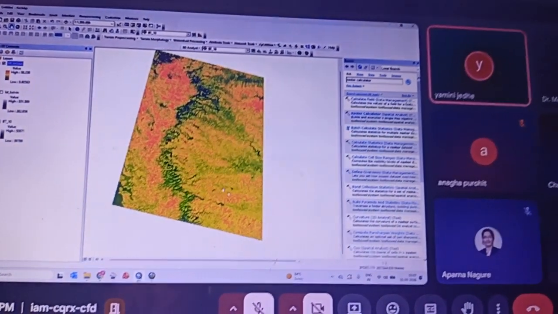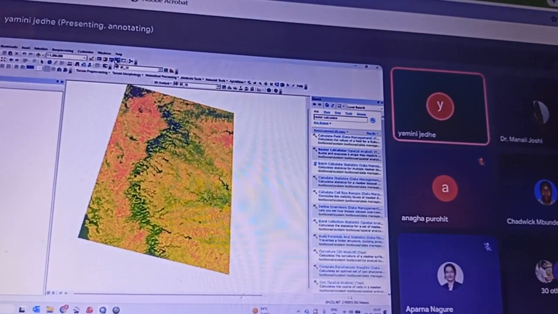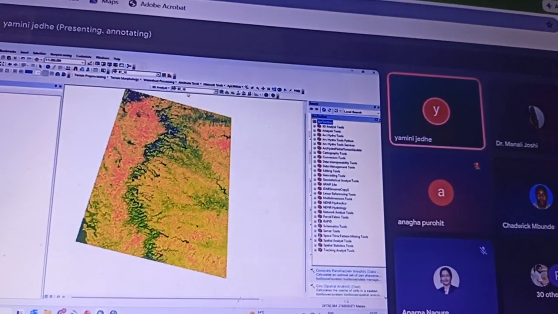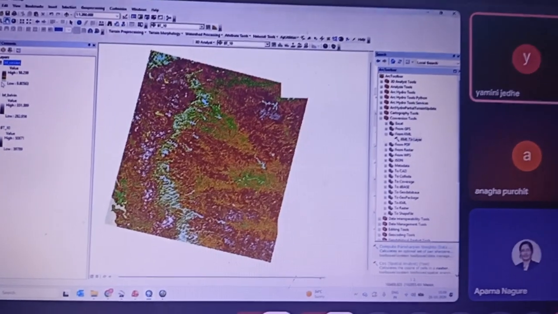Okay, so this is the temperature of the area. We can change here also, we can add the layer. I don't know what the issue is here. Temperature areas are in light green color.